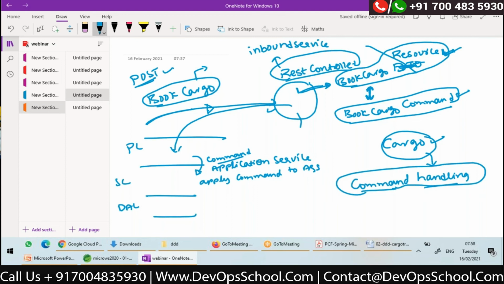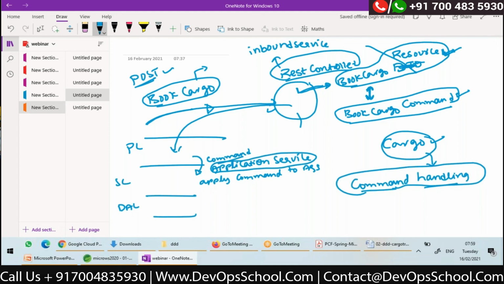So can I say that this application service is acting as a facade for my domain model? My domain model is what? Aggregate. Who will invoke my aggregate? The REST controller will not invoke the aggregate. It will invoke an application service. The application service will invoke the aggregate.